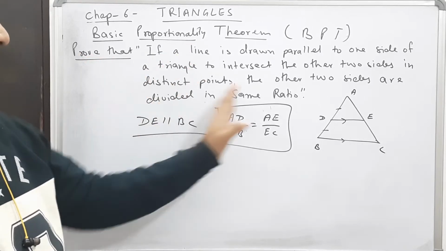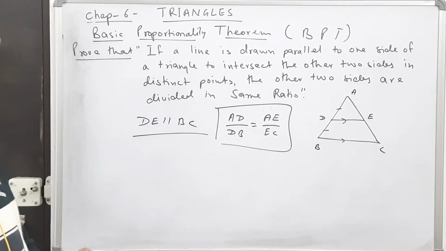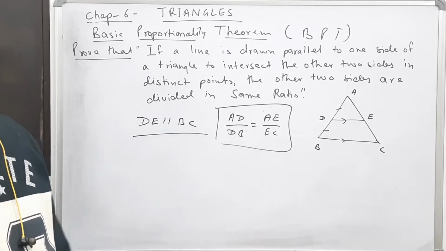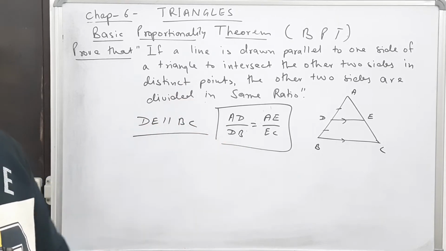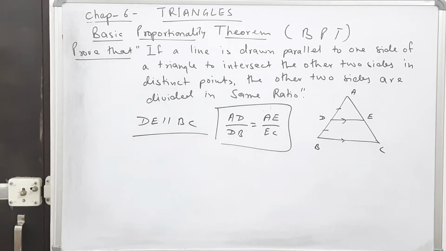The statement is written as prove that, and then we have to write everything from our side. But the basic thing is the meaning of BPT, which you have to understand with the help of this diagram. Now I am explaining the proof of the BPT, which is the important part in this particular chapter. So you see now the proof of the BPT.